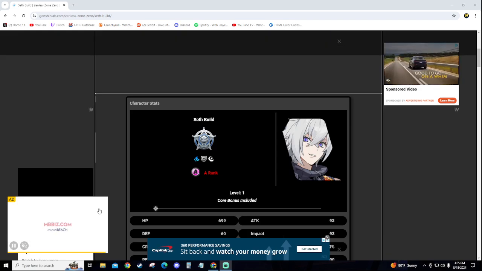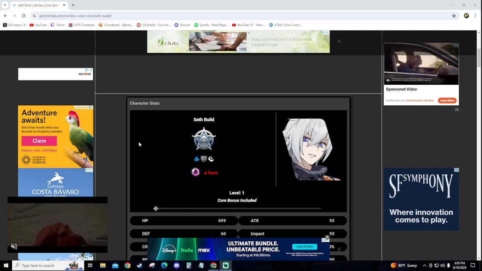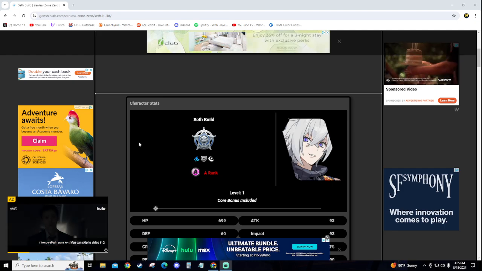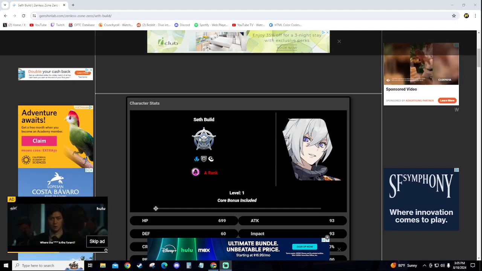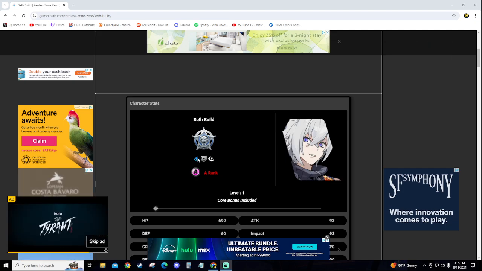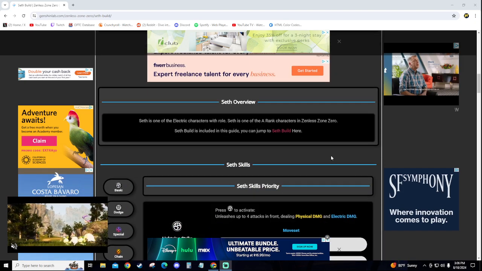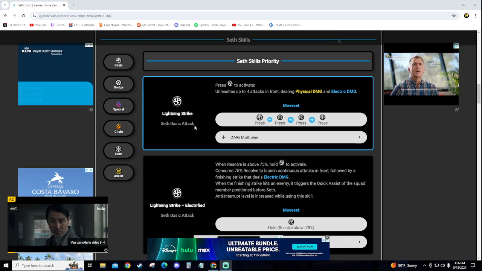All right. So we're going to be going over a little pre-analysis of Seth, the new A rank unit coming out along with Jane Doe. And obviously he is part of the NEPS, the police squad. He's going to be an electrical attribute as well as a defensive unit. So very cool. So starting off with his basic attacks,